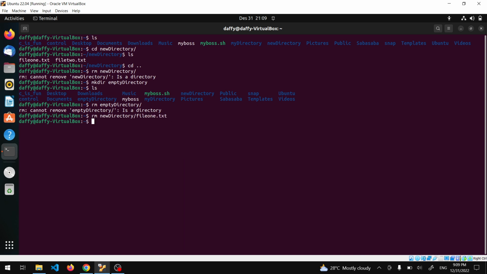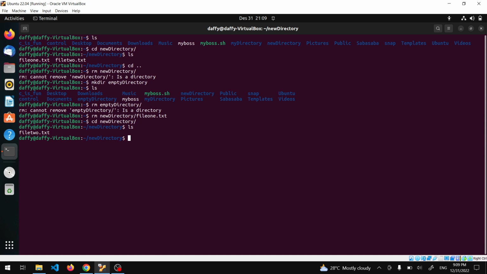If I hit enter, that file has been removed. If I go inside new directory and ls, that file has been removed. So rm is used to remove a file, but if you want to remove an empty directory,